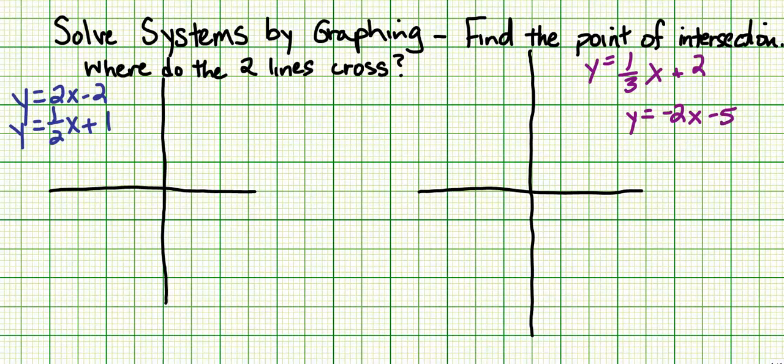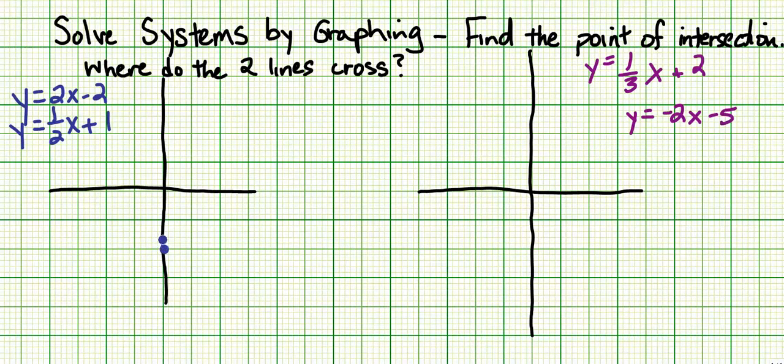So like I said, in order to solve a system, we want to see where they cross. In order to see where they cross, we've got to put both lines on the graph at the same time. So I'm going to start with graphing the first line, y equals 2x minus 2. My y-intercept is negative 2. My slope is 2, so I'm going to go